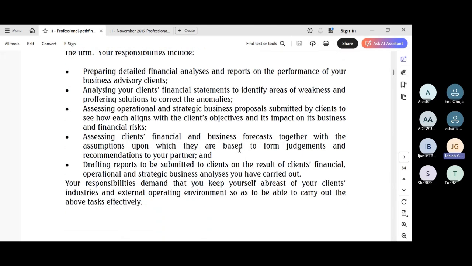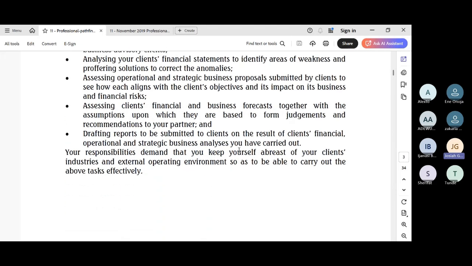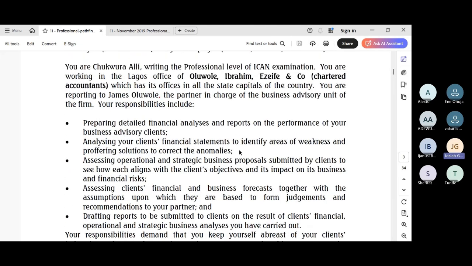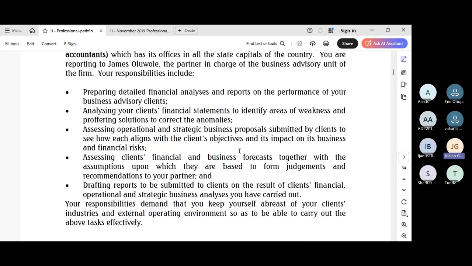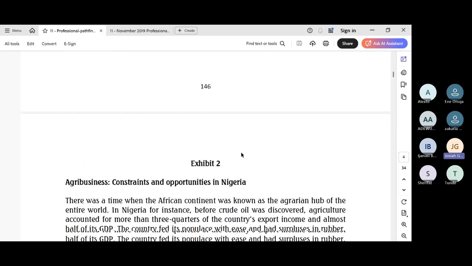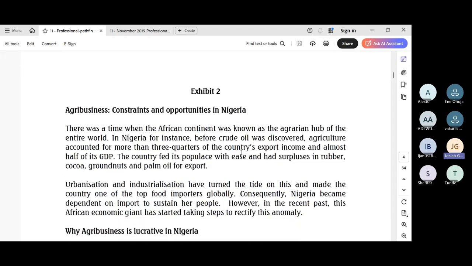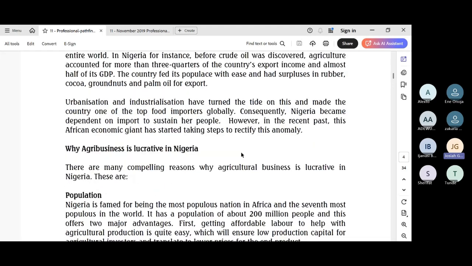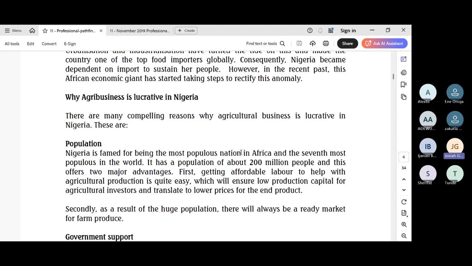All right. So the exhibits spoke to who you are and what you do, and we will not have time to read all that, because if we read all that, we will not be able to go through the solution. So if we have these past questions, which I'll still share after the class, please go through who you are, what your responsibilities are. Exhibit 2 spoke to the agribusiness, the constraints, why the business is lucrative, Nigeria's population and that of Africa,